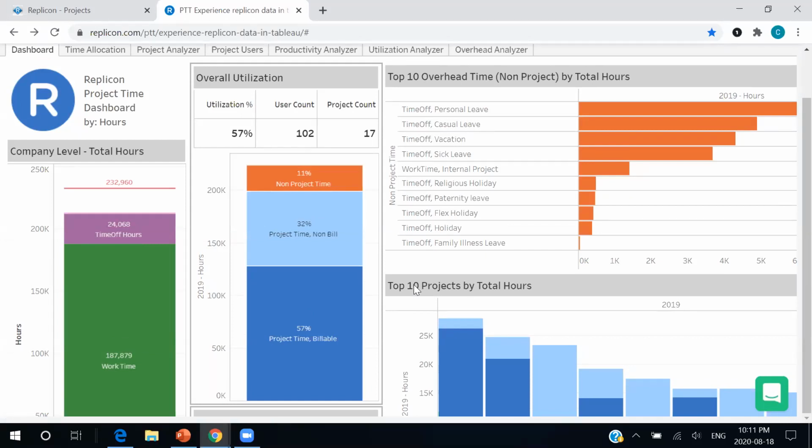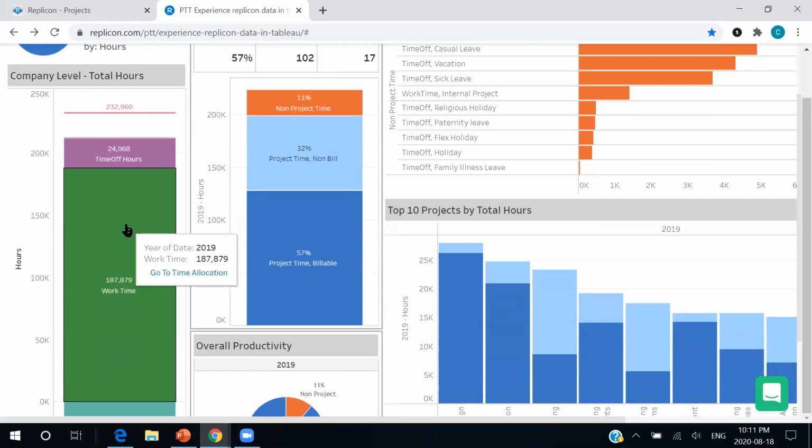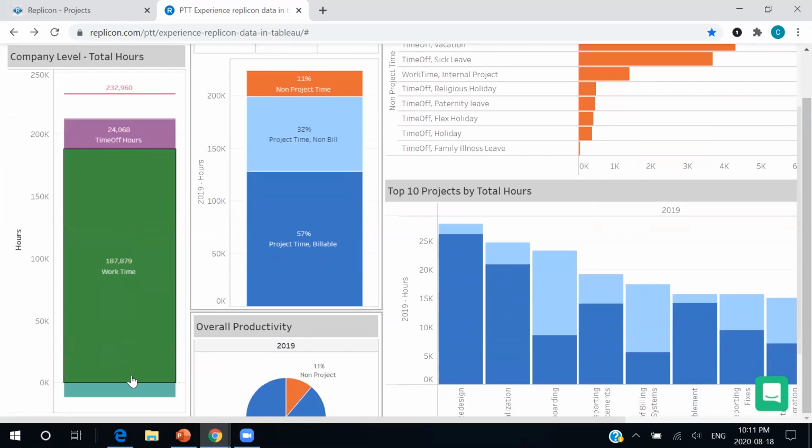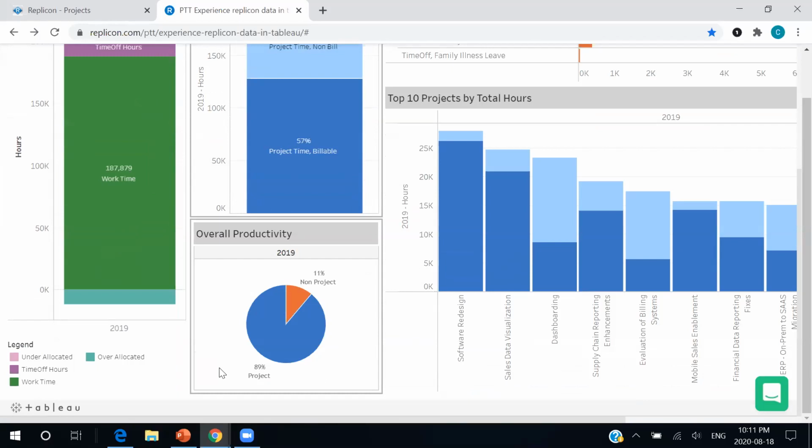And these are so important because not only do we want to track your time, but we want to transform it and help you understand what it is doing for your organization. So like we said, on a base level, we can track all of your hours. So we can show you your work time, your time off, your over allocated hours, and what your estimated hours are. But then we take that a step further and break that down into project time and non-project time. And obviously, you want to be working on project time because that's where you're making your money.